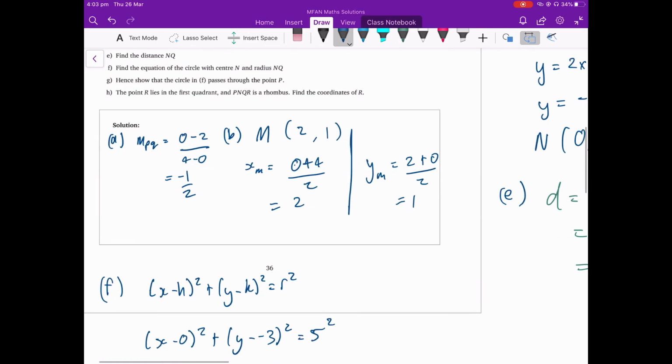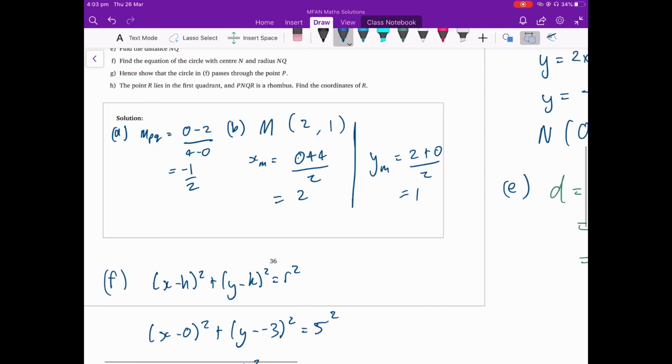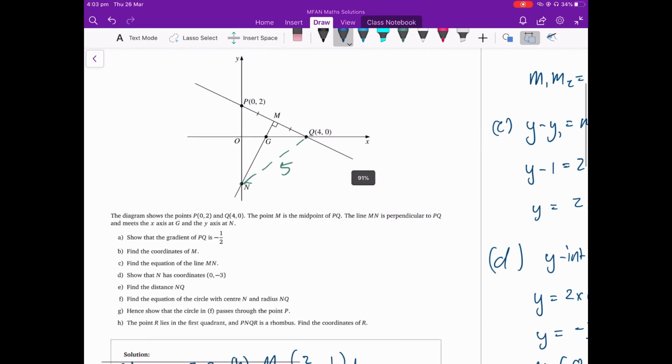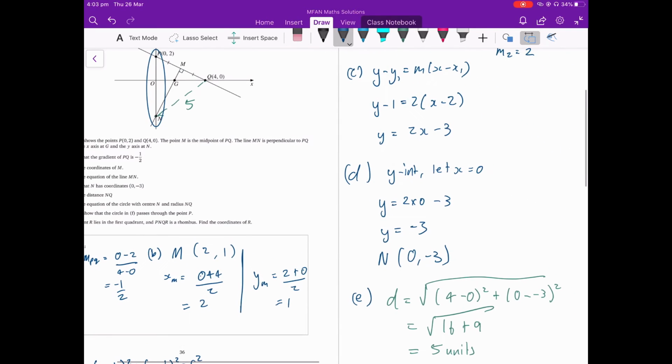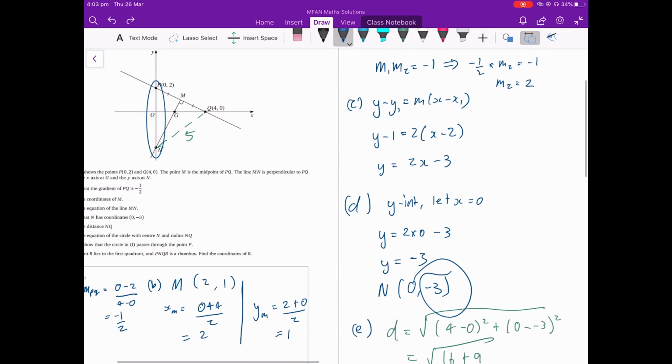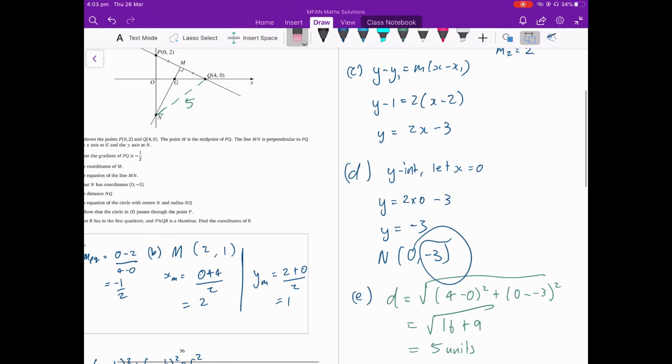Now, question G, hence. Okay, so hence always means that we're going to use what we just did. Show that the circle in F passes through the point P. So that means that this distance here should technically be 5. Now, that would be a nice little check with our N. So let's look at our y values, minus 3, and then the y value up there is 2. Yeah, perfect. So it does have radius 5, so we do know it will go through,